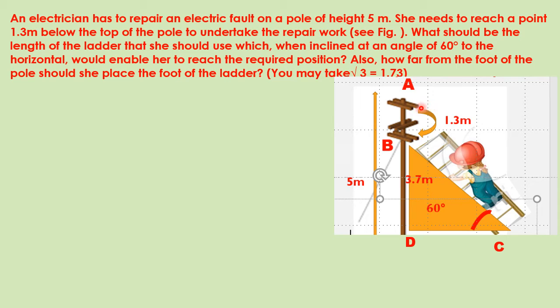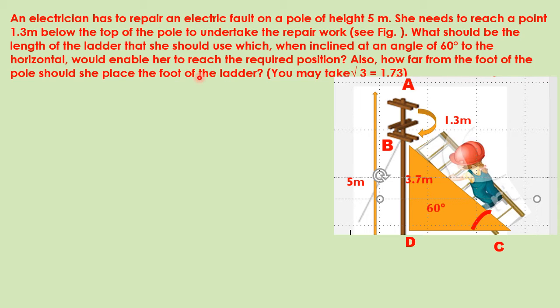Now here you can see in the figure that the ladder is not at point A, but the ladder ends at point B. It means the ladder is placed in such a way that it ends at point B and the space from A to B is kept vacant. There is no ladder. She has to only reach till point B to do the work. It means we have to subtract this AB from the total height in order to find the length of the ladder. Our right triangle will end at point B.